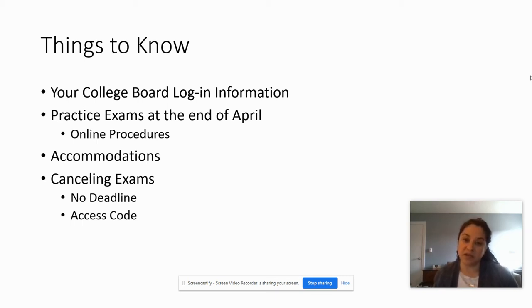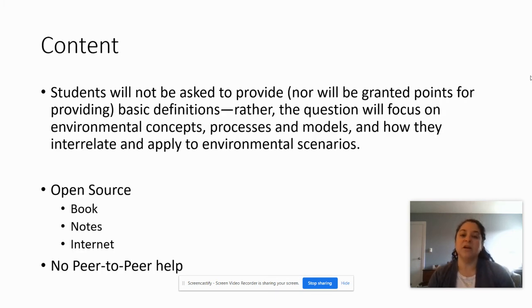So basically, in order to ensure that you can get a refund, you should just not log in day of the exam. They're going to give you an access code. And if you log in with that access code, you will not be getting a refund. So if you don't want to take the exam day of, just don't log in. But you guys should log in because everyone should be taking this exam. Okay. Like I said before, the content that it's based off of, you guys know.